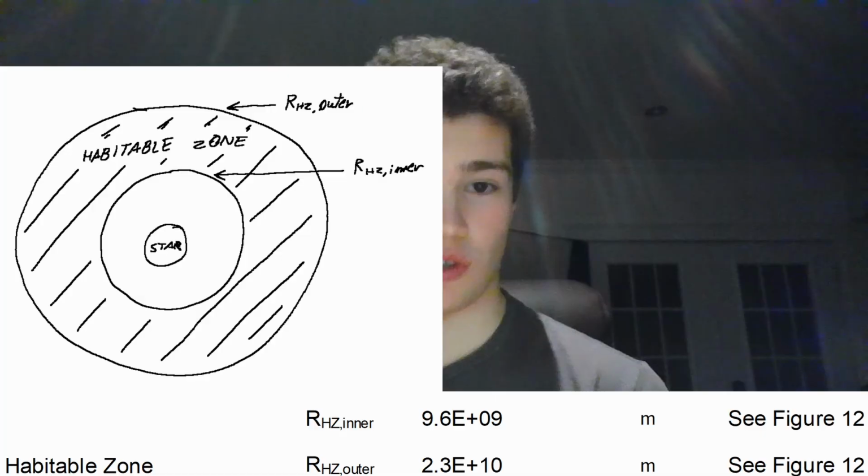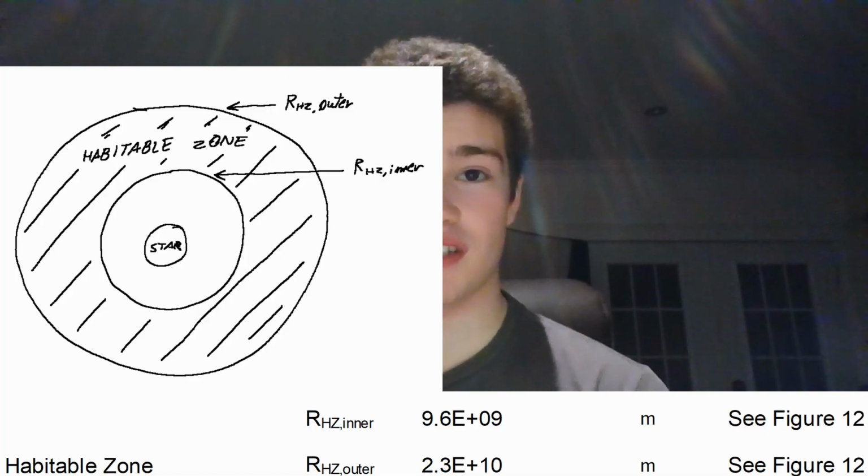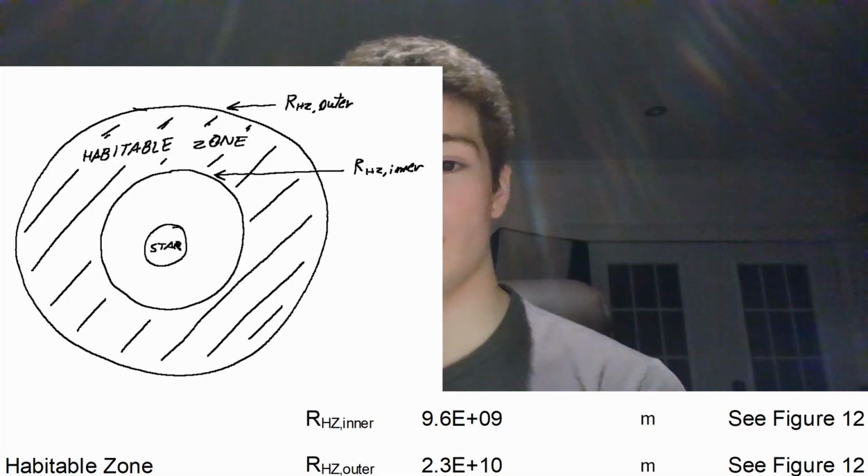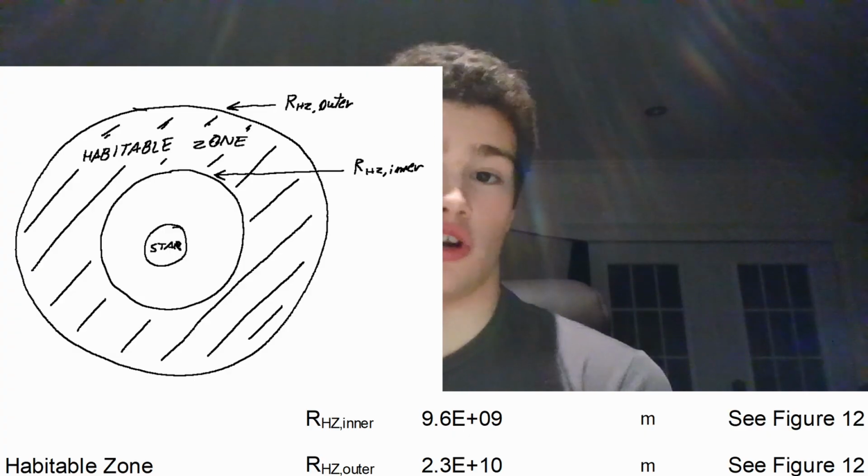However, K2-419ab might as well just be a floating rock in space if it isn't located within the star's habitable zone, which is between 9.6 times 10 to the power of 9 meters and 2.3 times 10 to the power of 10 meters from the star, so K2-419a. In this area, it is neither too hot nor too cold for liquid water to be present, and therefore a possibility of life is very feasible. And K2-419ab is actually found just inside the zone, being 1.8 times 10 to the power of 10 meters away from the star. Up to date, all signs seem to be pointing towards the possibility of life on this faraway planet,